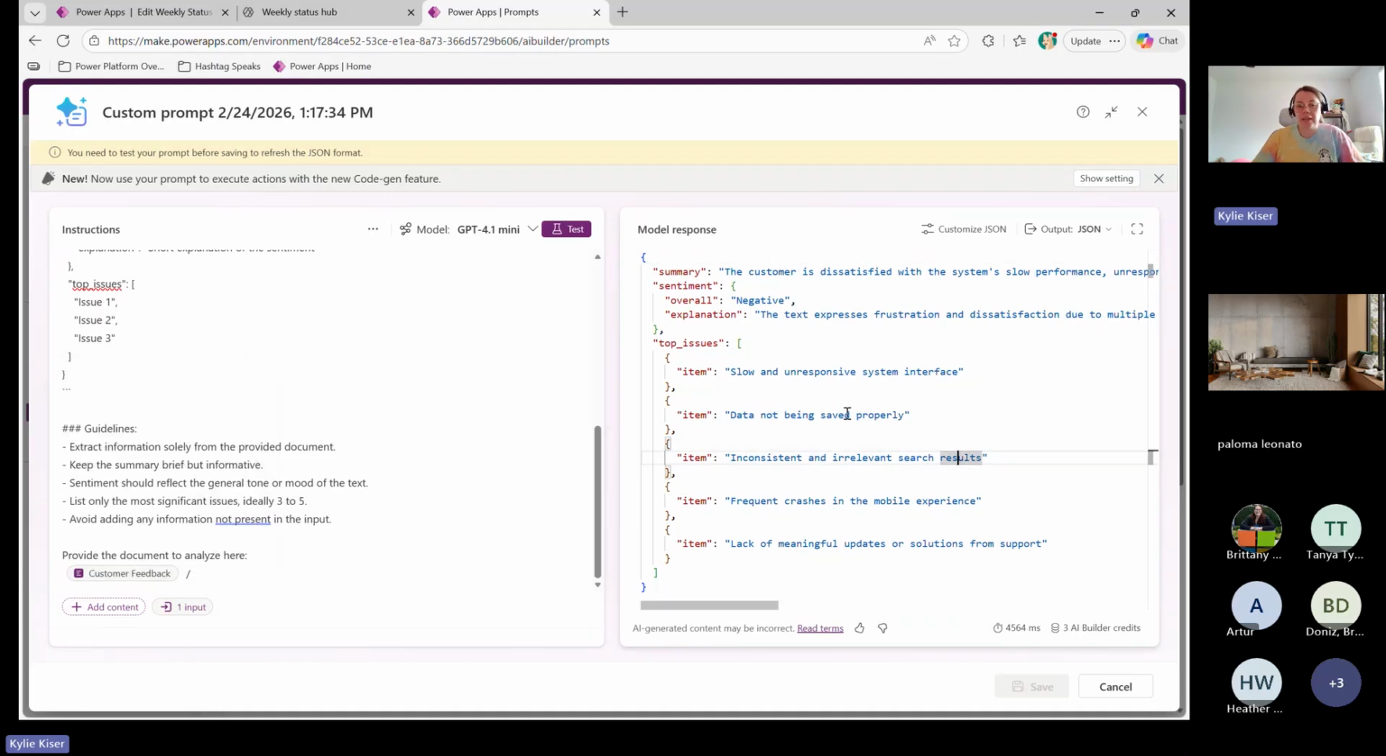And so the summary that it came out with is, customer is dissatisfied, this is negative, here are the top issues, and they're all broken out. And so this was a model that we created in just a few minutes, and we'd be able to make use of this within, like we talked about, all of those other tools that we have available. And I can just save this as